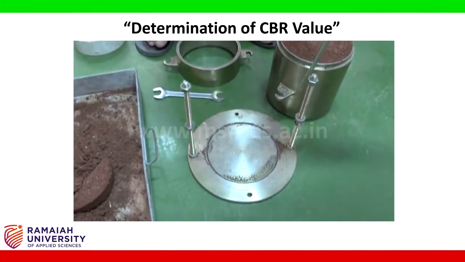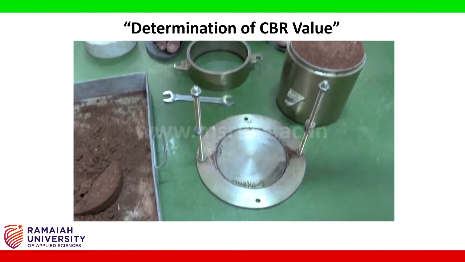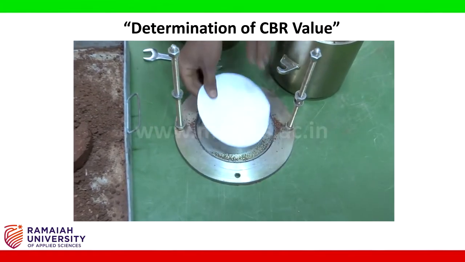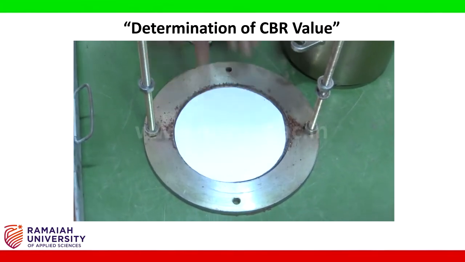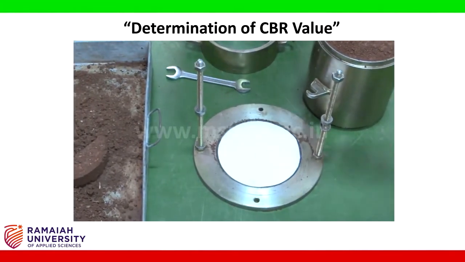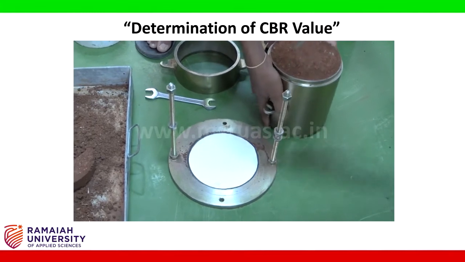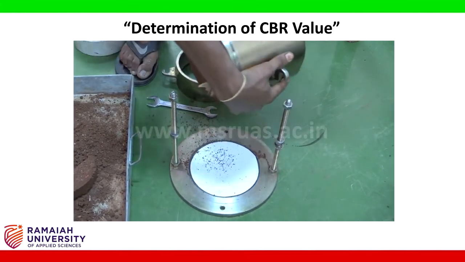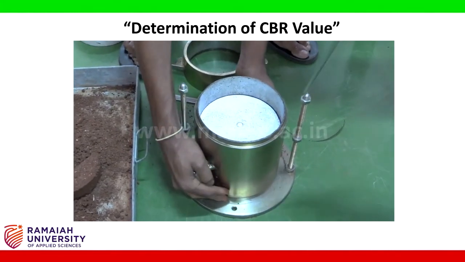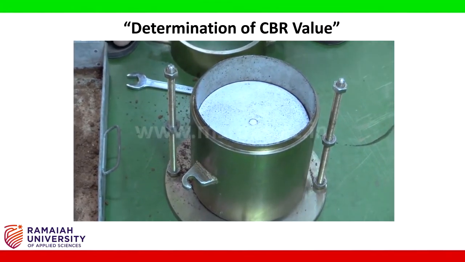Once the base is ready and the spacer disc being removed, place a filter paper at the bottom. The filter paper after being placed, we need to again transfer the mold back onto the base plate by turning it upside down. Place the mold carefully, keeping in mind that the mold sits exactly on the groove.